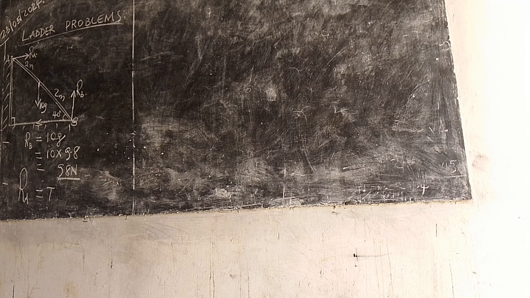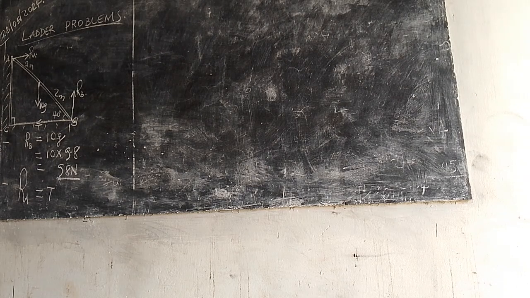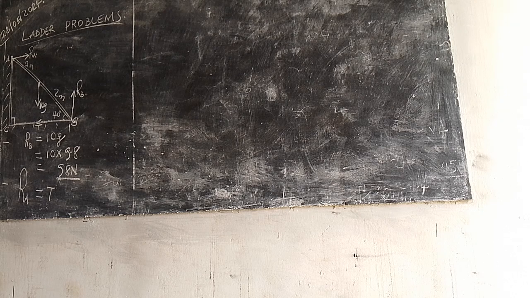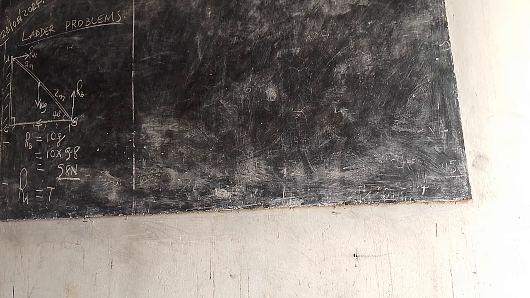Again, this is RA and this is T, so we don't know what T is. I am now going to take a moment. This is A, B, permit me to call this C. Now, for me to find the value of T, because T is equal to RA, they are asking us to find the reactions at the wall and at the horizontal ground. So for me to find the reactions there, I must find the value of T, or the value of R,